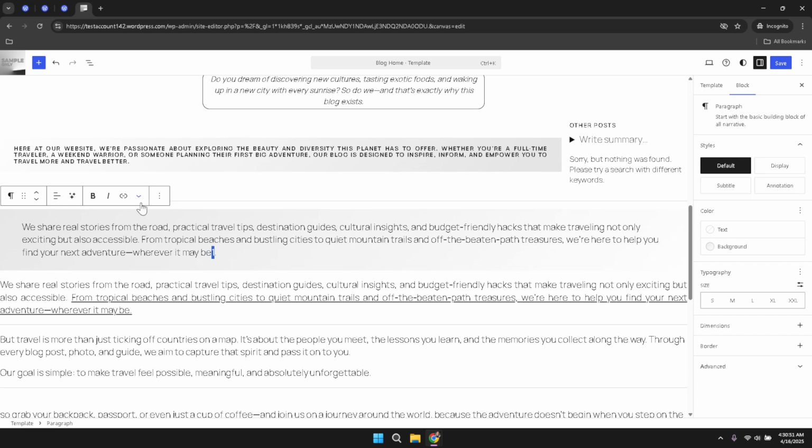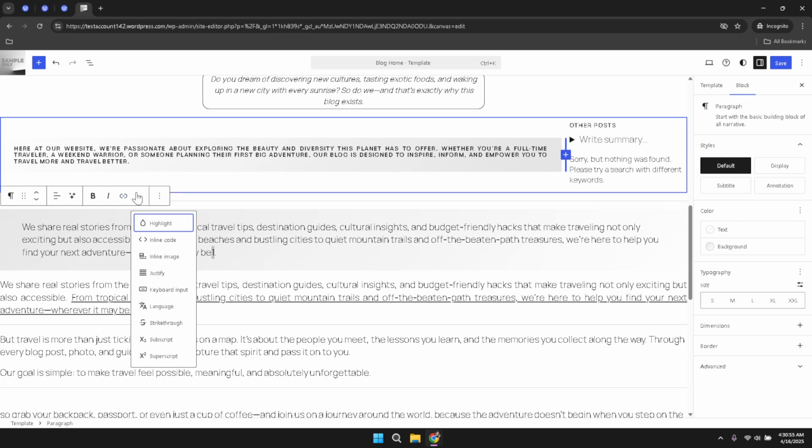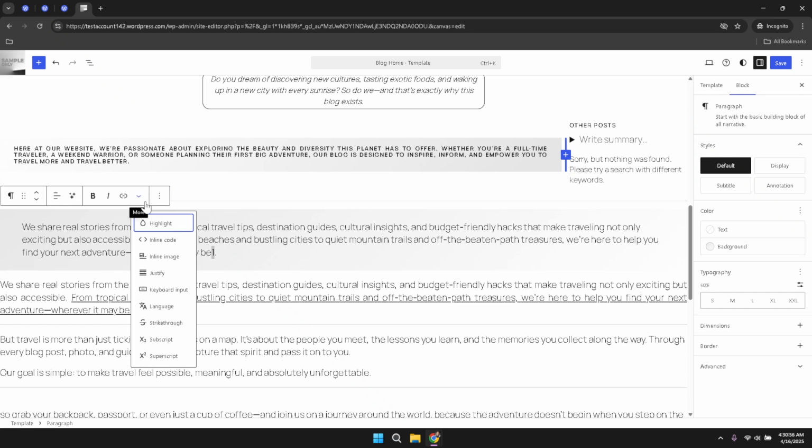interface. Here you will find a drop-down menu which contains various formatting options. Click on this drop-down menu to reveal additional formatting commands. In this menu you will see options to apply unique styles to your selected text, including both subscript and superscript effects. Once you have opened the drop-down menu, carefully choose either the subscript or the superscript option, depending on the